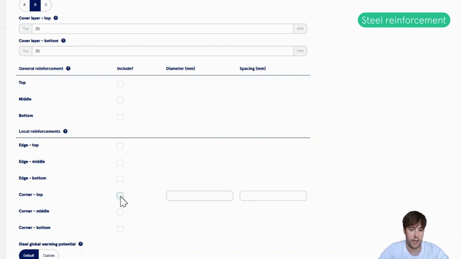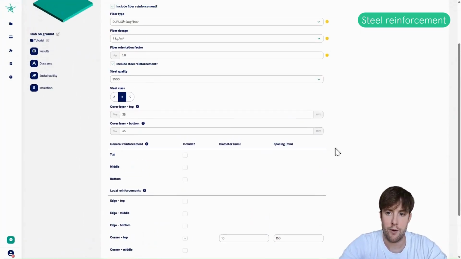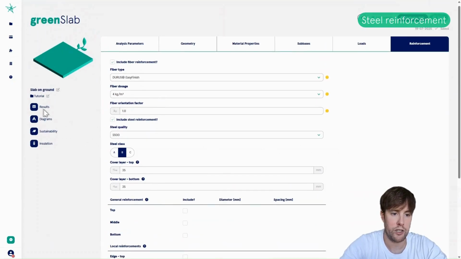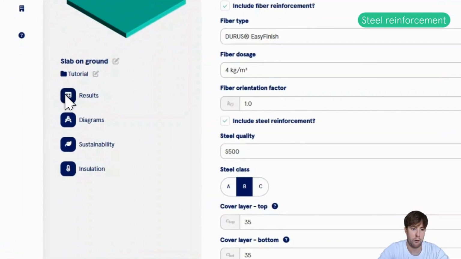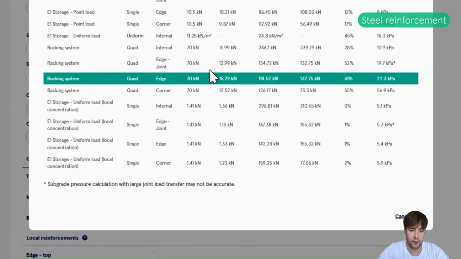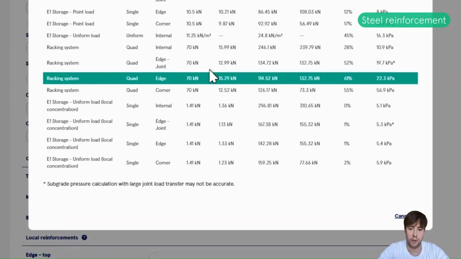So let's say I want to add some reinforcement only at the corner and only in the top, and I will add some, let's say 10 millimeters per 150 millimeter mesh in the top. Now, scrolling up here, I will actually see that this results button is now blue because we now have sufficient bearing capacity everywhere in the slab.